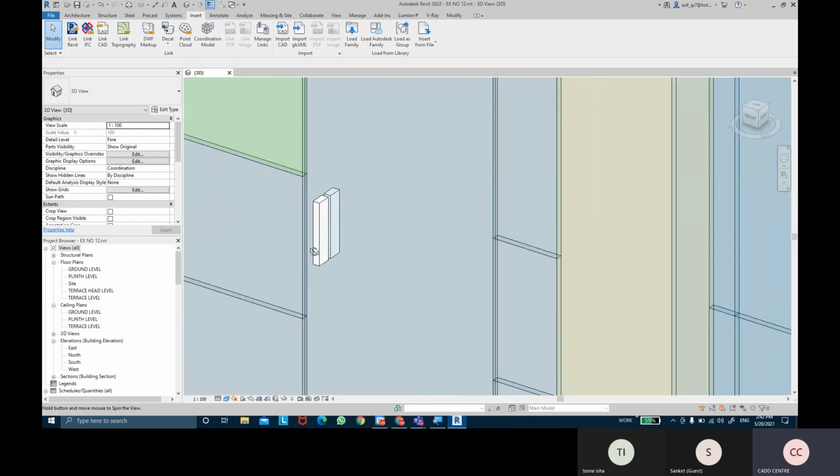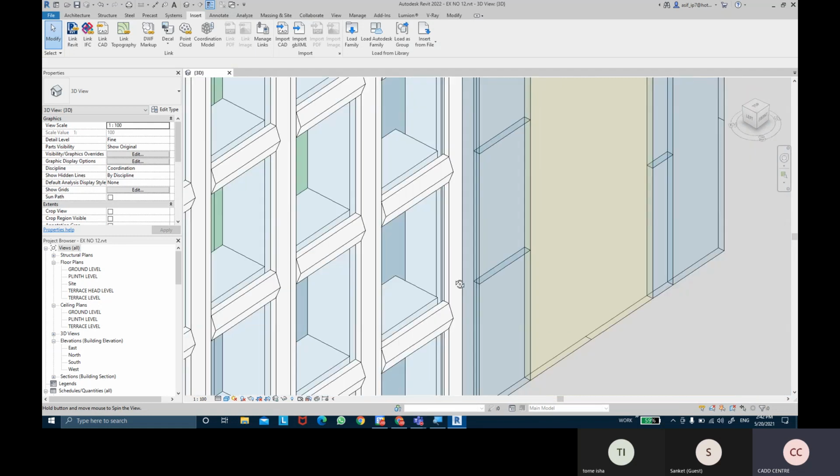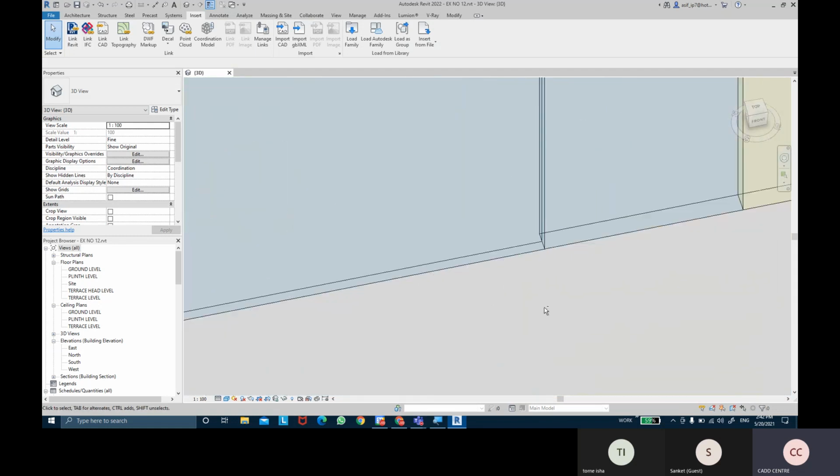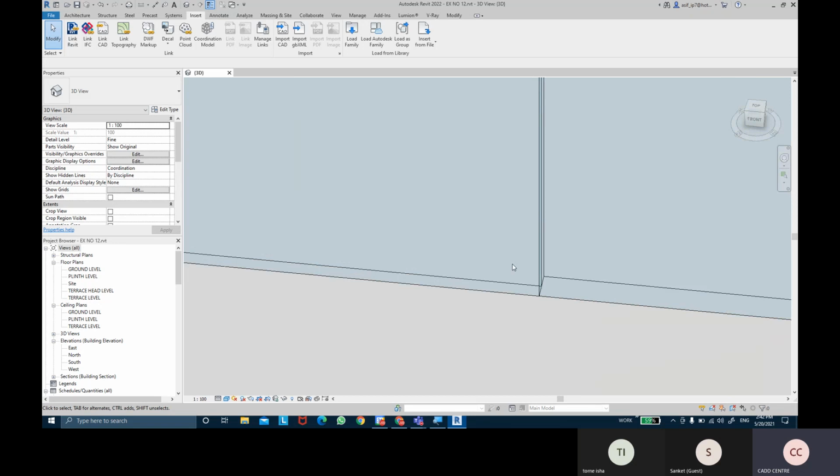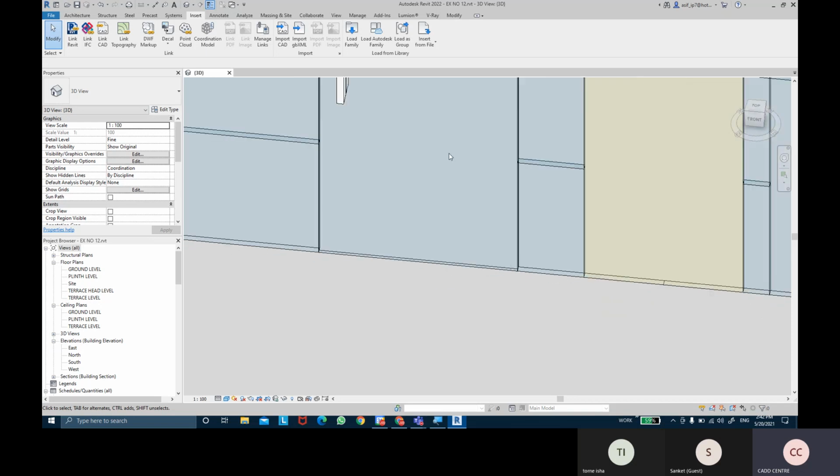Now this door has a little bit of issues. It has a lot of errors. First thing first, it doesn't have the detailing: the base plate is missing, the shim space of the door is missing, and the hinges are missing.